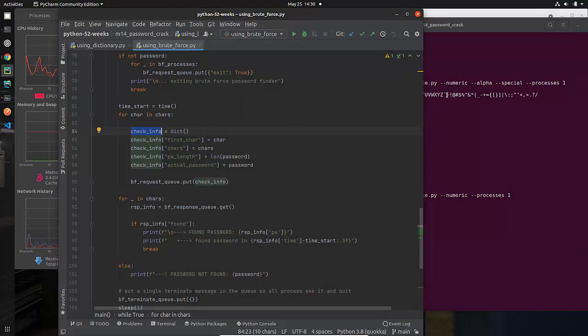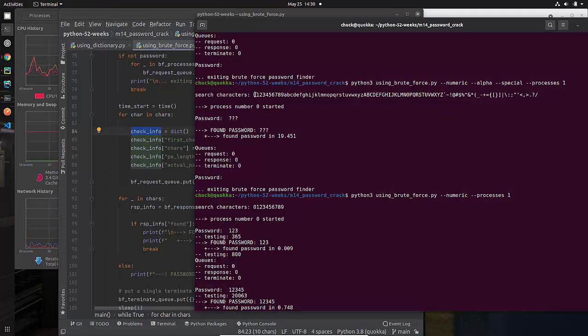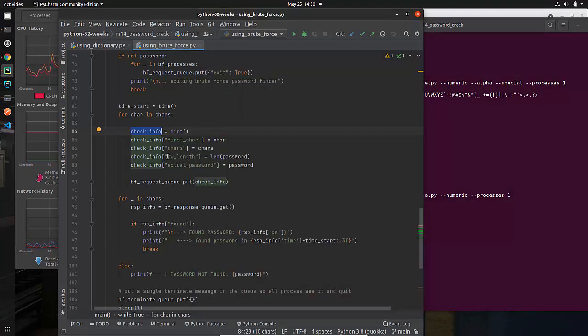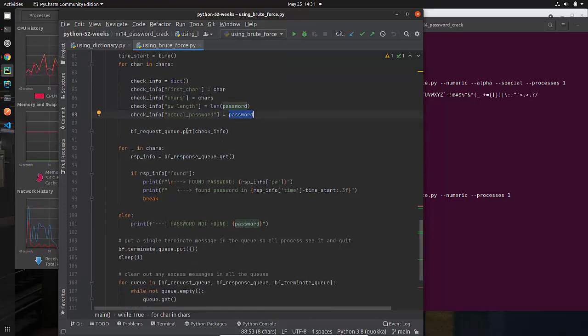After that, it will be this entire string of all those characters. Then it will pass in the password length. That's the length of what the user typed in. Remember, I'm cheating a little bit, so if they typed in 4 characters, then I'm only using that. And then the actual password itself. I probably could have just passed in the actual password and done the length itself, but for some reason I didn't do that. Then I put it into the queue.